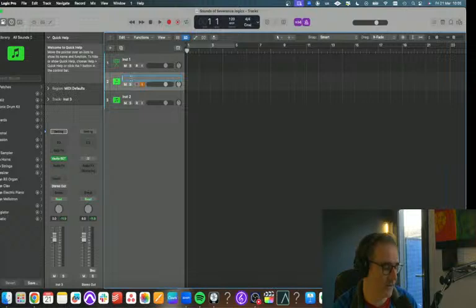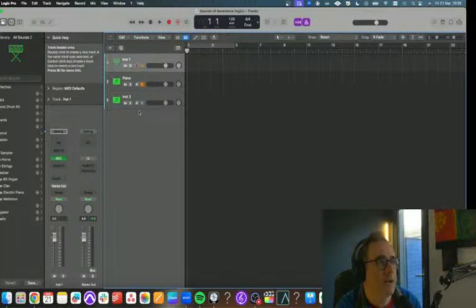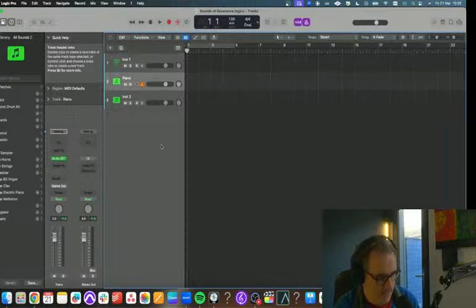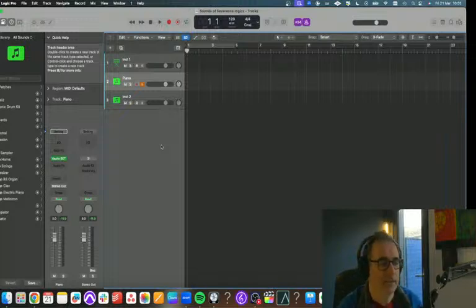So this is the piano. And how I'm going to start this is, I want an audio note. So I'm going to pick a different key. This one's in C minor.